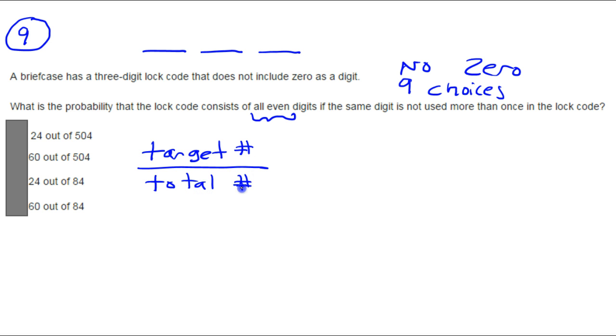All right, target over total. Let's start with the total number of outcomes. Okay, I don't know where that squiggly crazy line came from. The total number of outcomes,